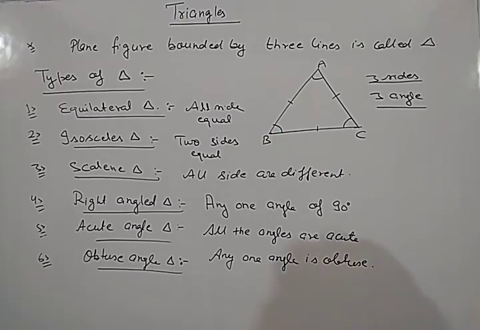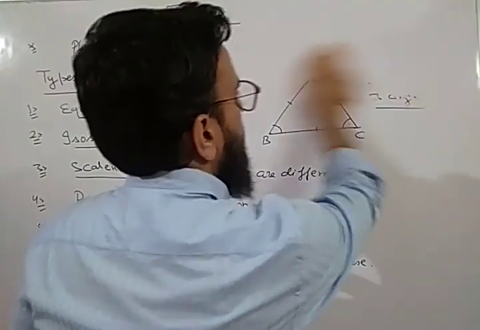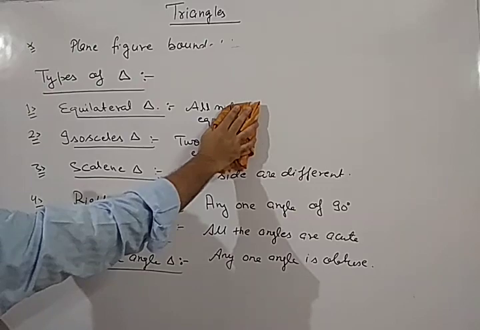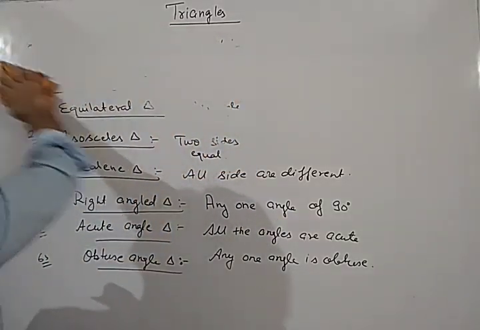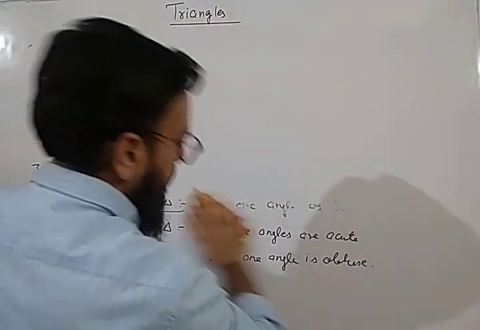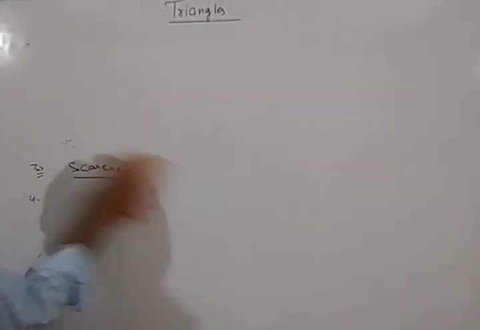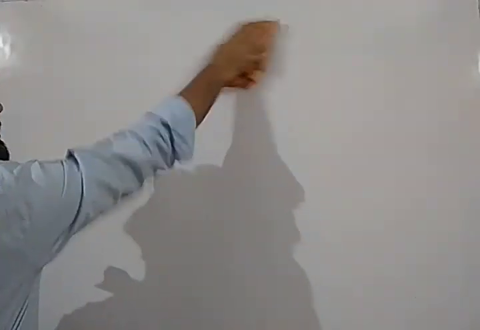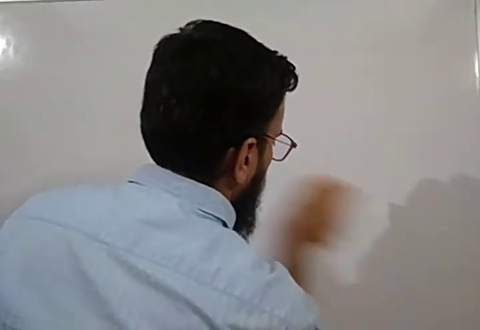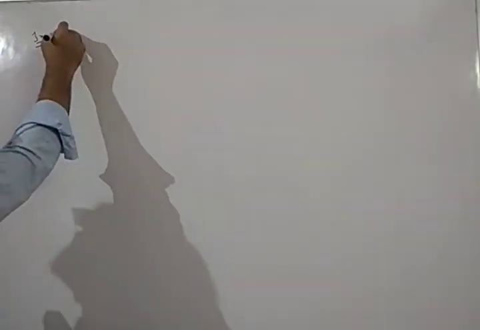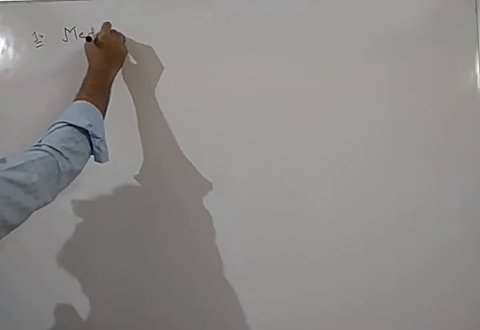Now there are certain terms related to the triangles. These sides, these triangles, all you have studied in your previous classes. Now there are some important terms in a triangle that will be used in most of the questions. So you should know about those basic terms. So I am just telling you all those basic terms. The first term, which is generally given, is medians.